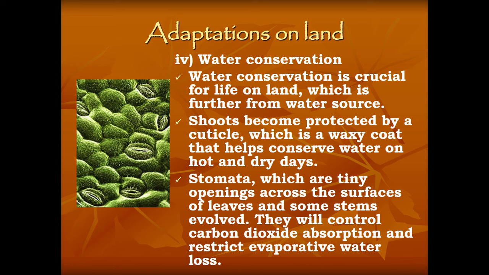The shoot will be protected by a cuticle. Cuticle is a layer of wax or a waxy coat that helps to conserve water on hot and dry days. Other than that, the stomata on the leaves of the plant also help to conserve water for the plant. Stomata refers to very tiny openings across the surfaces of the leaf and some stems that evolved. They will control